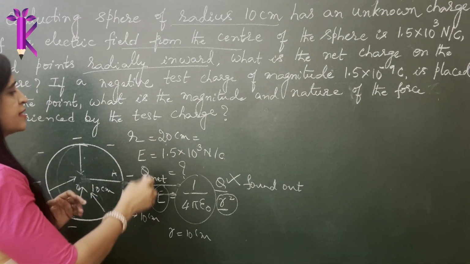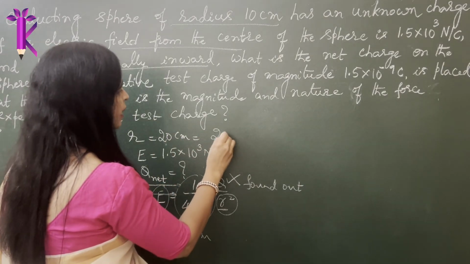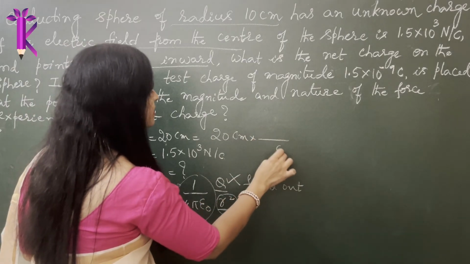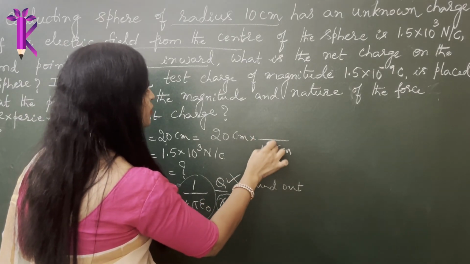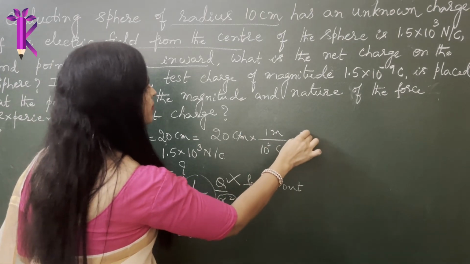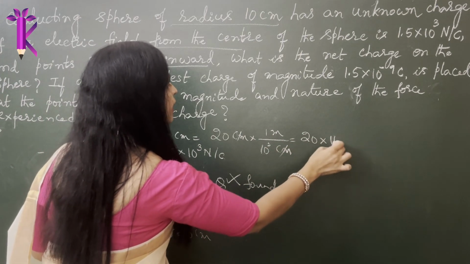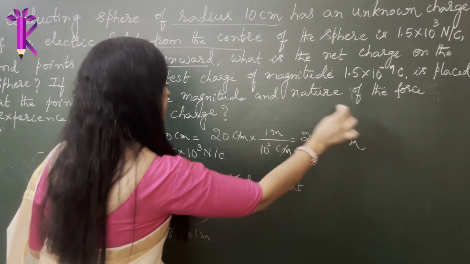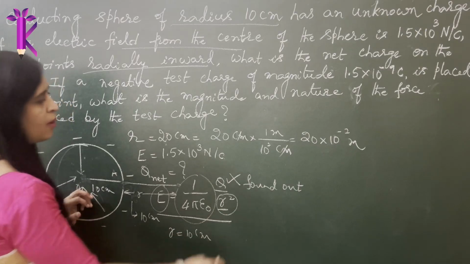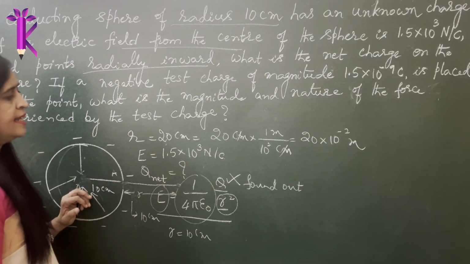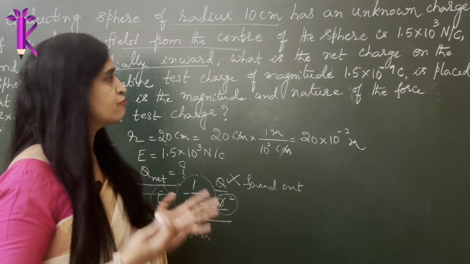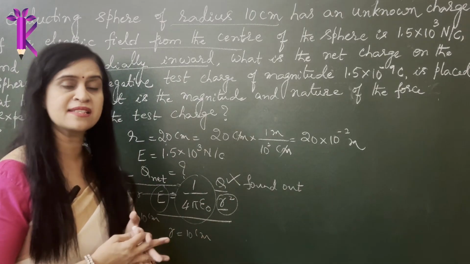So the total distance will be 20 centimeters. The centimeter needs to be cancelled, so it is 10 power 2, since 1 meter is 10 power 2 centimeter. Therefore this will be 20 into 10 to the power of minus 2 meter. Now you have all your values. It is very easy to use this formula and calculate E. So your job is to substitute the values, figure the answer out and give me the answer.